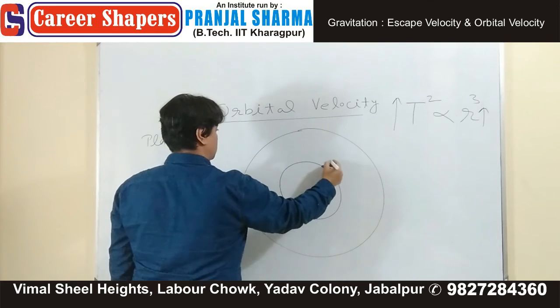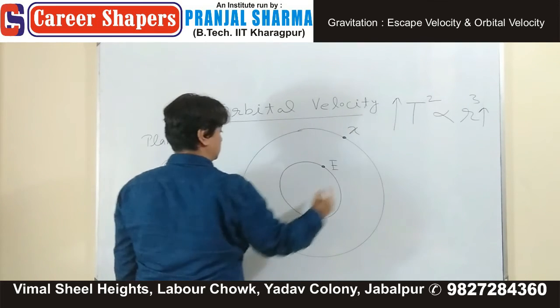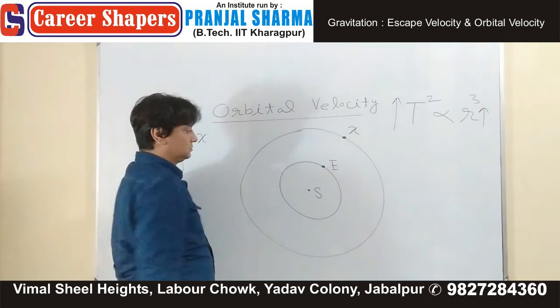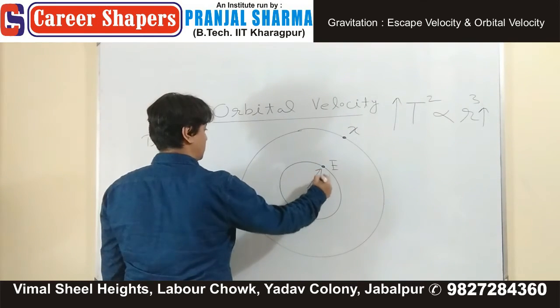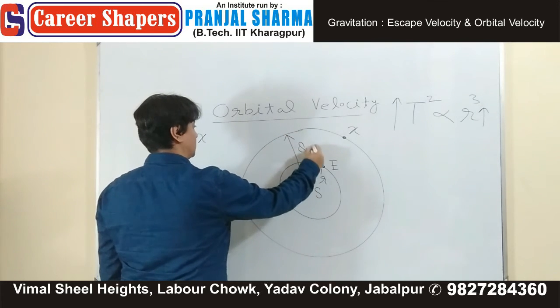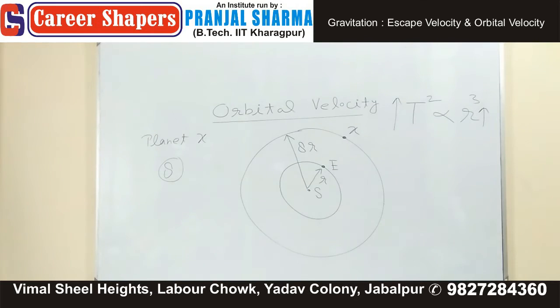This is Earth. This is planet X. This is Sun. This is R. This is 8R. Distance from the Sun. The question is, what is the duration of a year